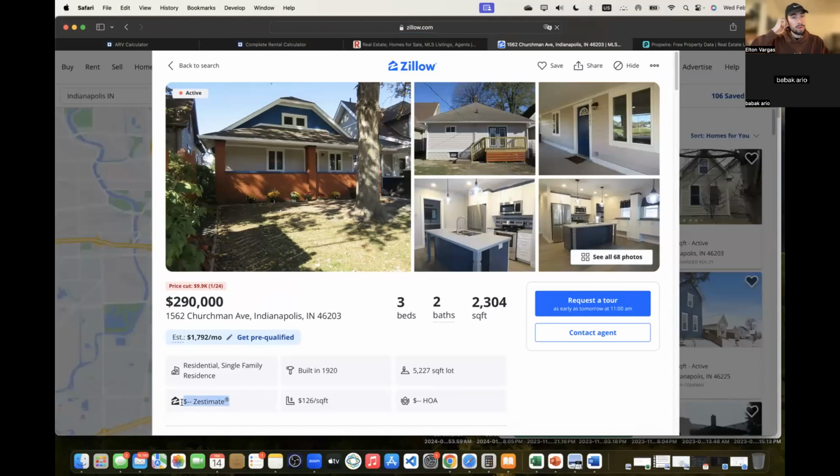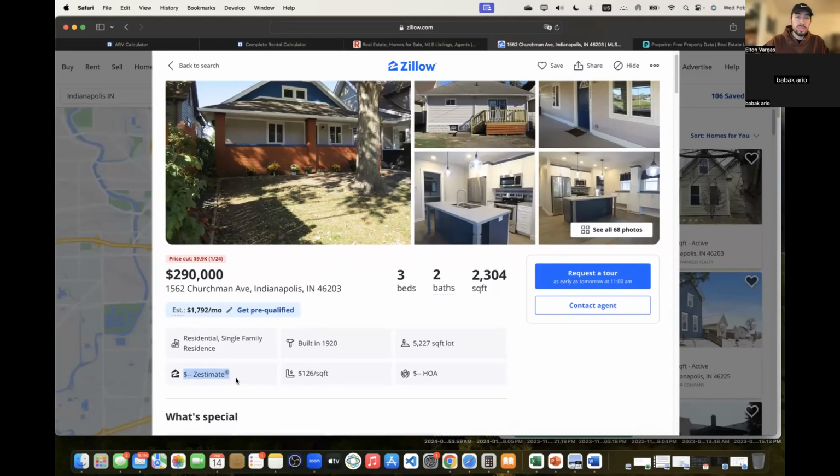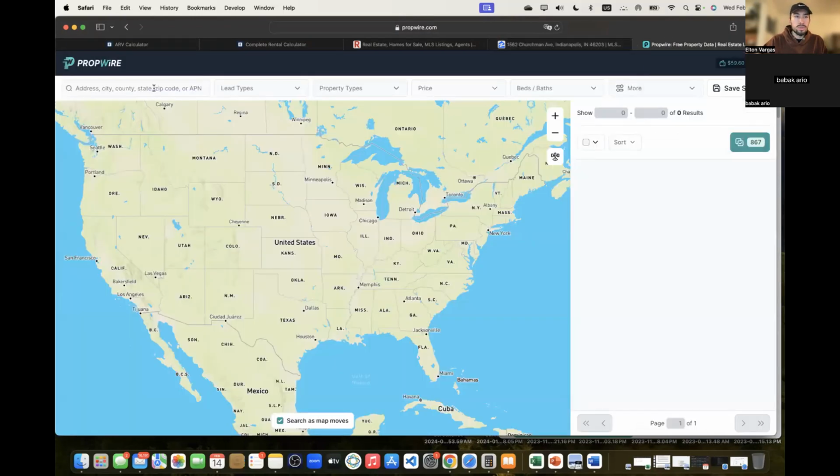Sometimes whenever you find properties that are sold by owners without any agent representation, they go through Zillow. Zillow is like the number one source, and they're like, oh, Zillow said my property is worth this much, so I listed it for that much. All right, cool. But does Zillow show you what is actually happening with other properties that are getting fully updated, and how much those fully updated properties are selling for? So Zillow will tell you